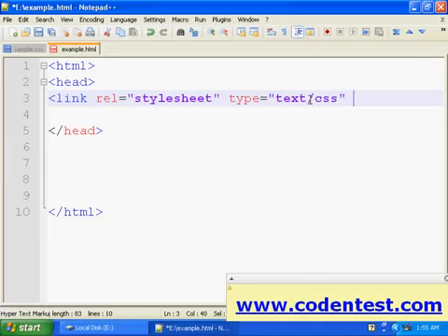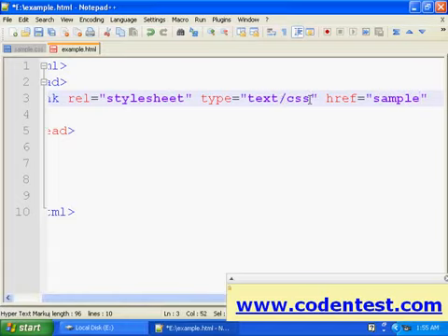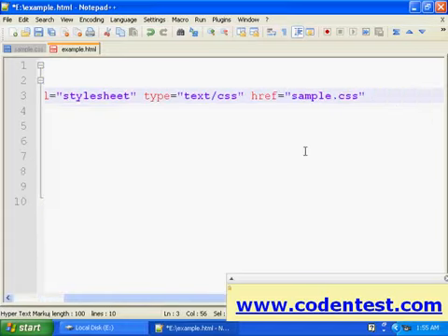We are telling the browser that we are dealing with CSS here. Okay, href, and we are calling that file. In our case it was sample.css.